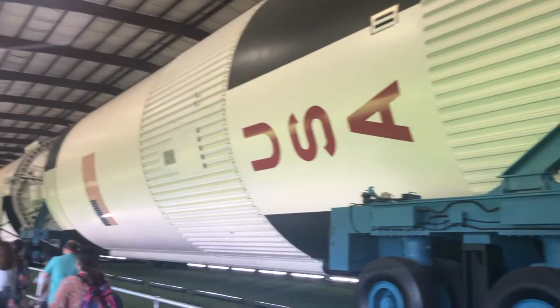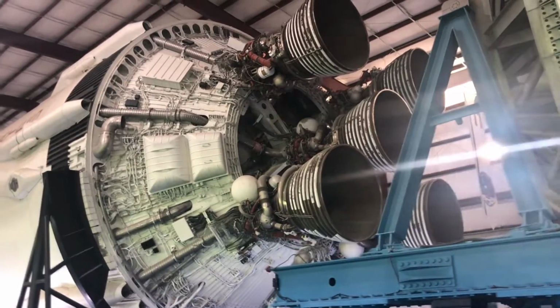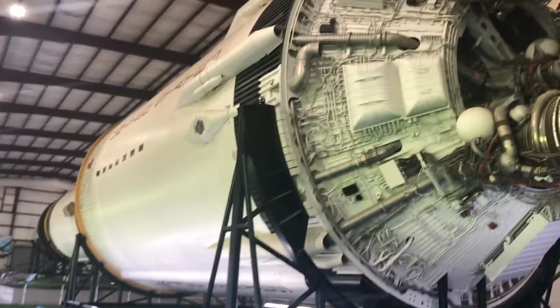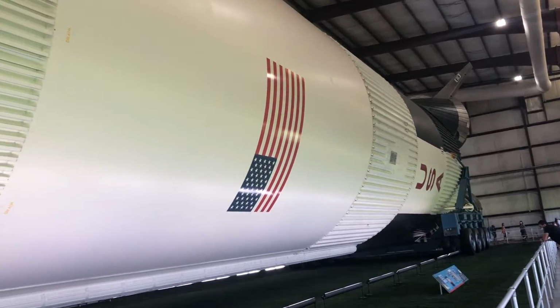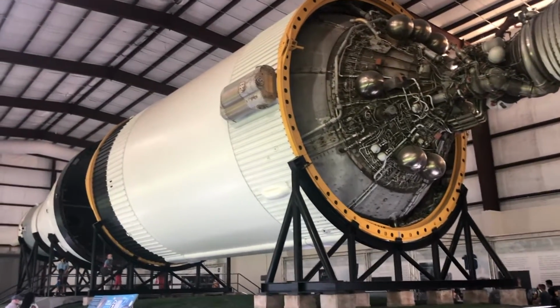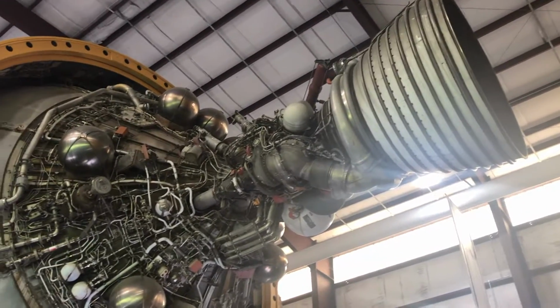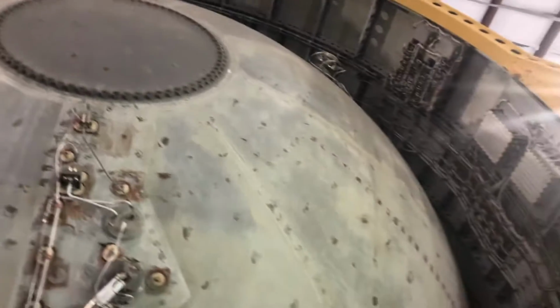I mean, look at that. Laying on its side, it's amazing to look at. I mean, you can see the big, huge thrusters, how each section is divided. As it blasts off into the sky, it'll unload the parts that it doesn't use anymore until finally it's at its last stage, and you can see all the little tubes and spheres and everything involved in what the actual rocket is. And there's the last section,